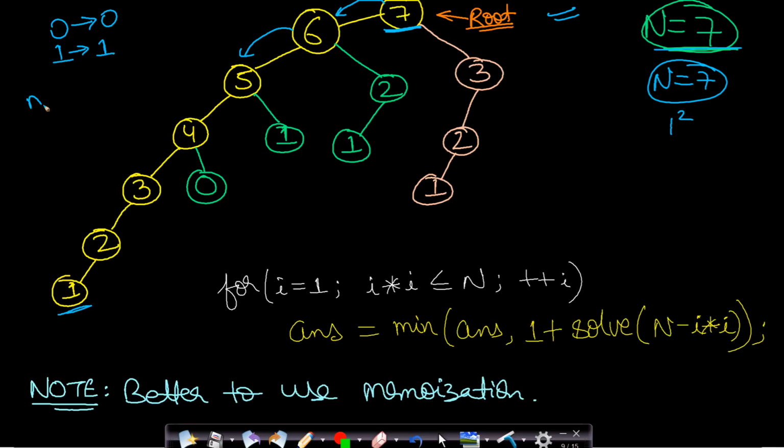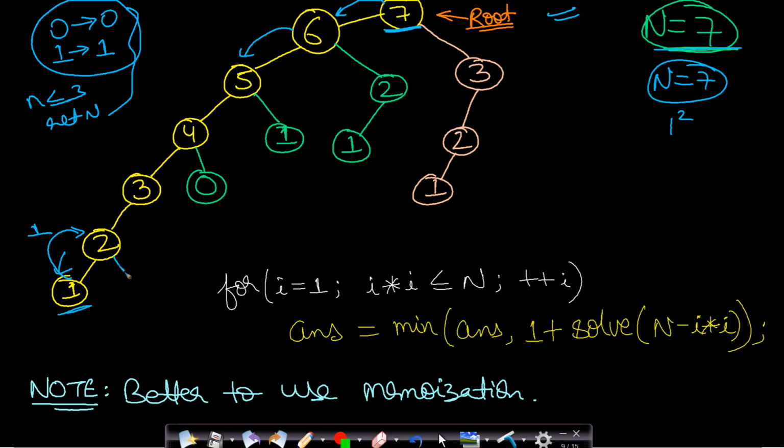Actually you can also do it like this. For n less than or equal to 3 you will simply return n. Okay, so it all depends on you how you do it. In this case I will assume that I have used only 0 and 1 as our base case. As soon as we reach this 1, this will return 1 here.